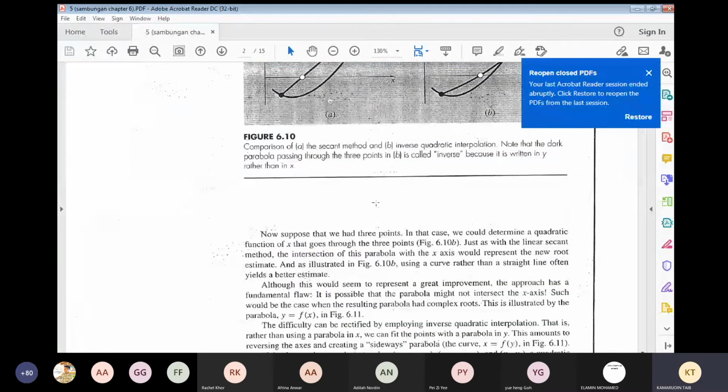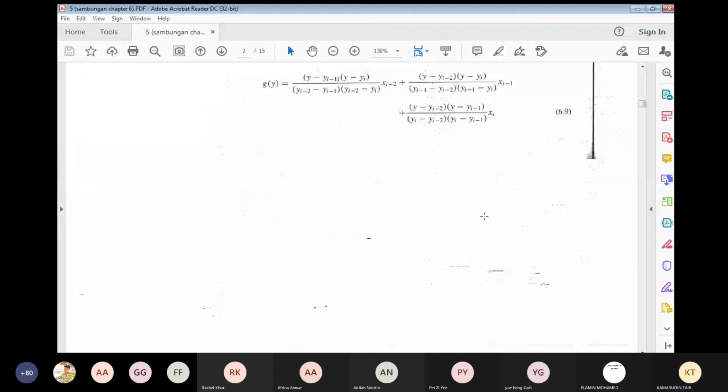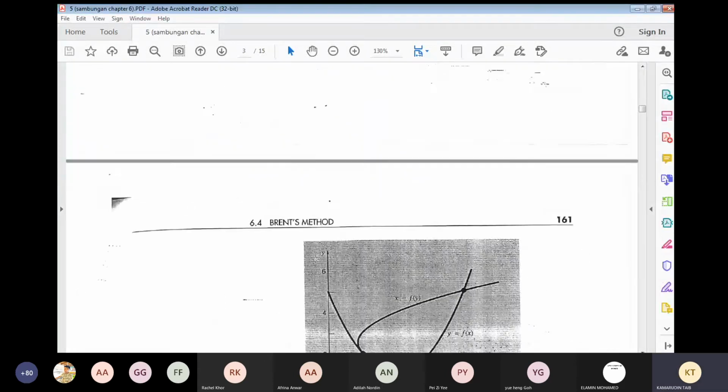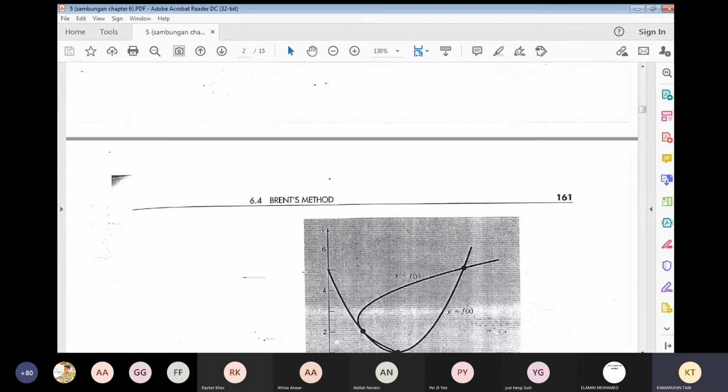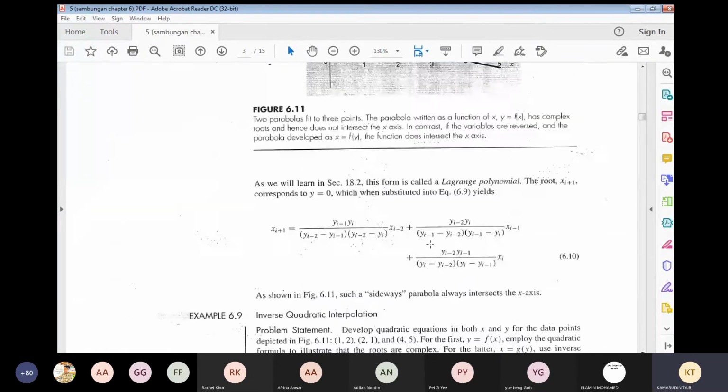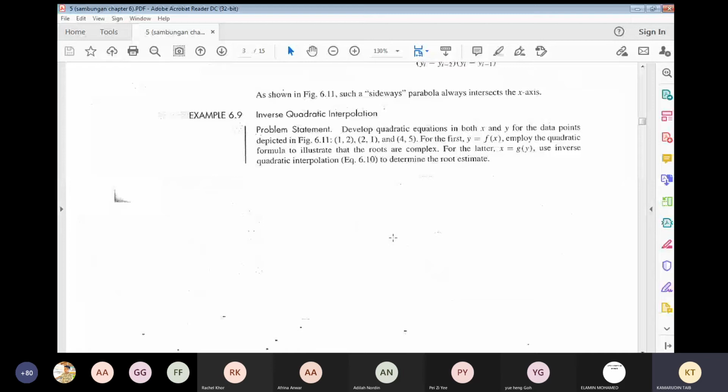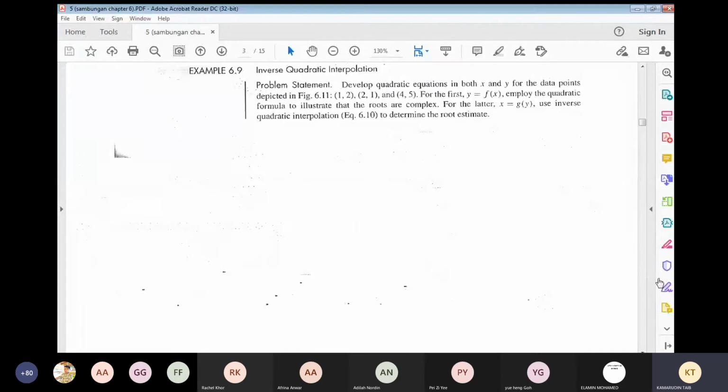Okay. Nampak kat screen open method sekarang. Dia macam banyak sangat buka serentak. Okay, Brent's method which is not part of the scope, 6.4 ni. Okay. So you can ignore this topic, Brent's method. Then